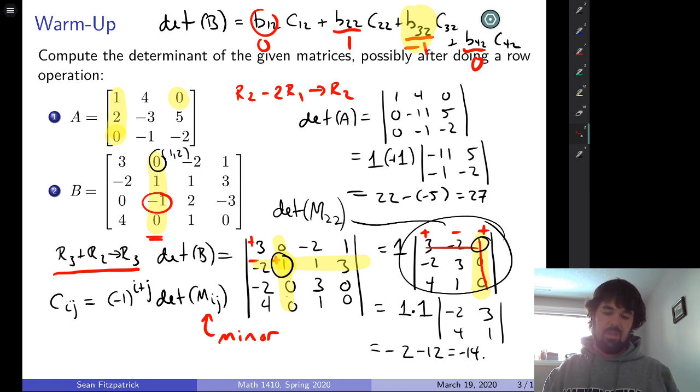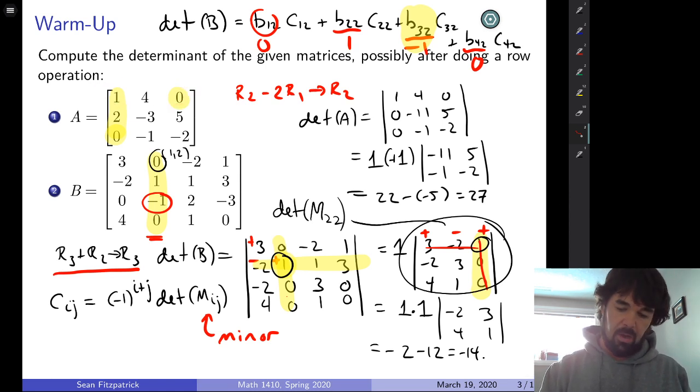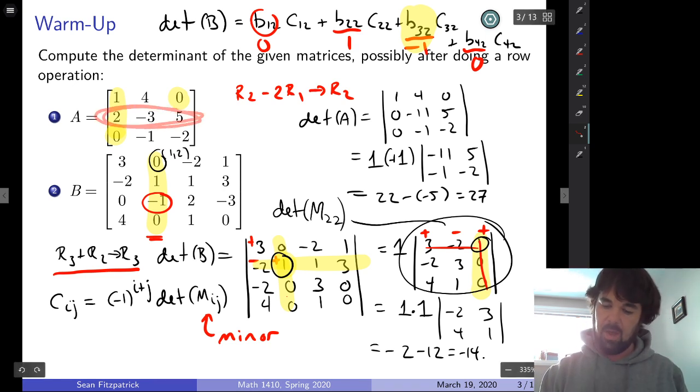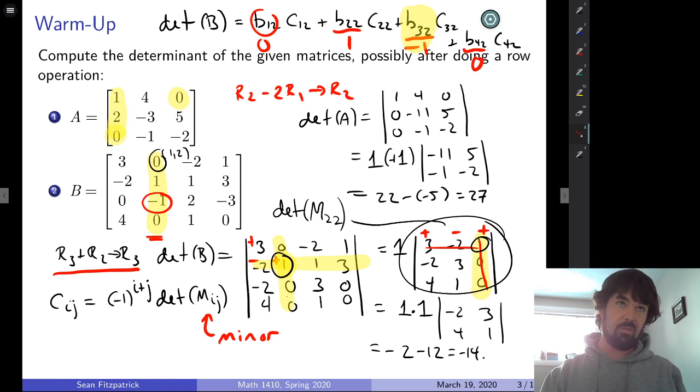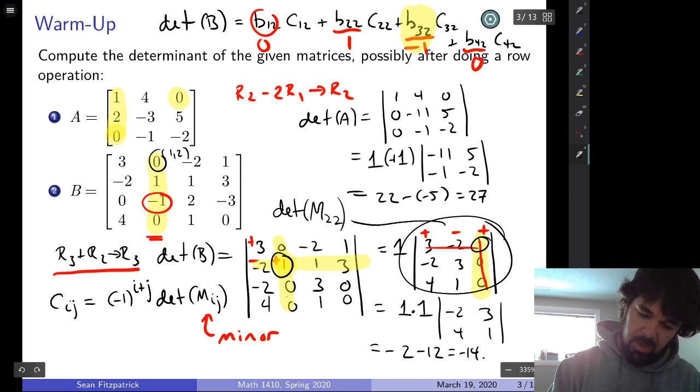So, for example, in the original matrix A, let's say I was doing row 2 for the matrix A. If I wanted to calculate that row, because we have this Laplace expansion theorem, it says you can use whatever row or column you want. So if I went across row 2, what it would look like is 2 times -1